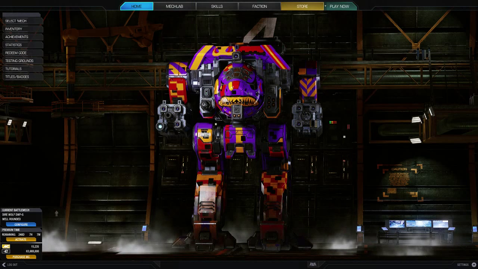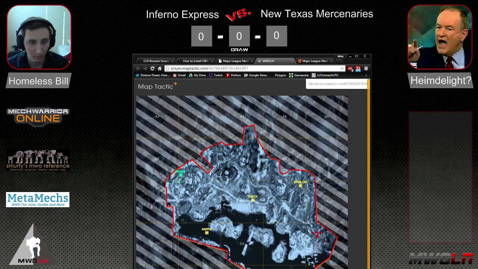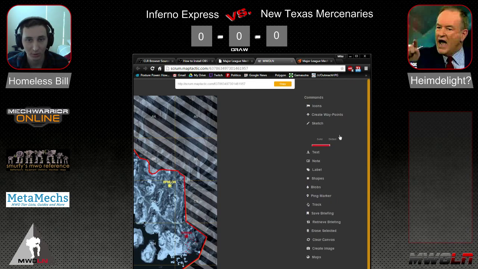So let's go ahead and look at this on the map. Meantime, I'm going to pull up my friends list to make sure that they don't drop in without me. Sweet. Alright. Let's see. So,